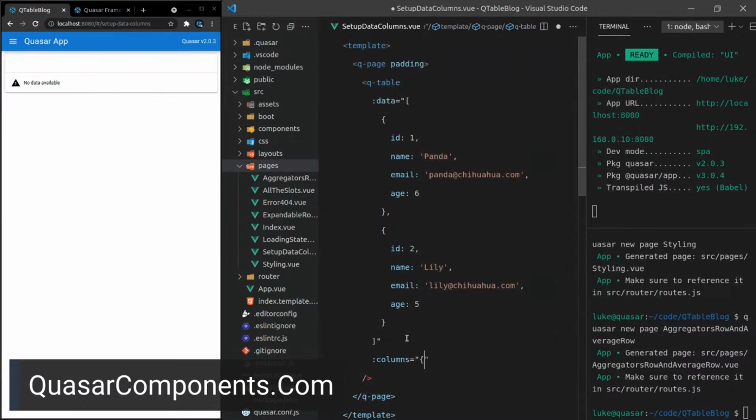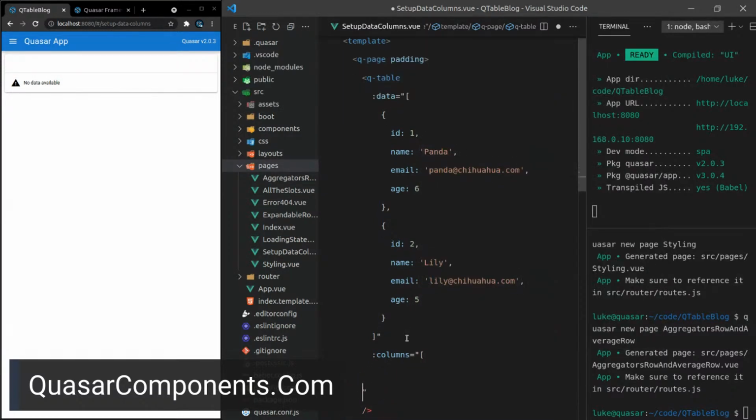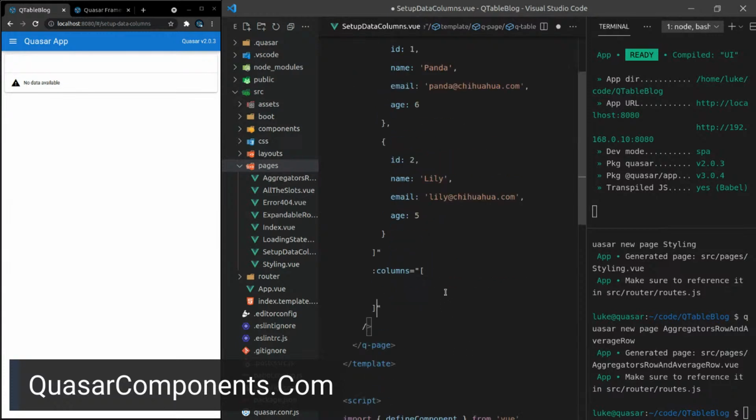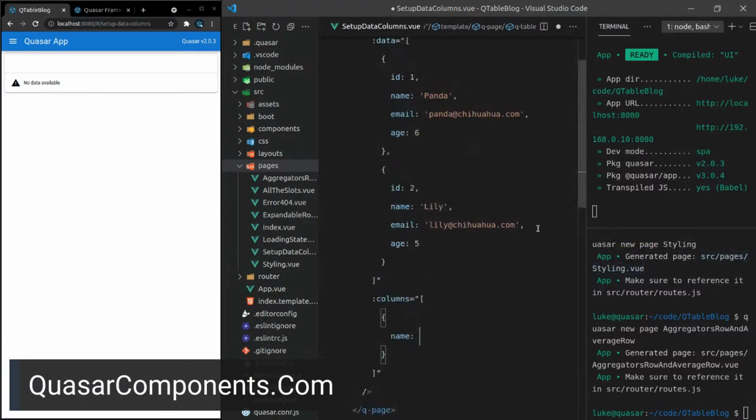Columns is equal to, this is going to be an array, columns. And then we'll have in here, we want to have the name, and we'll set the name equal to name, I guess. We'll set the label, I believe the other one is, and we'll set that equal to name.